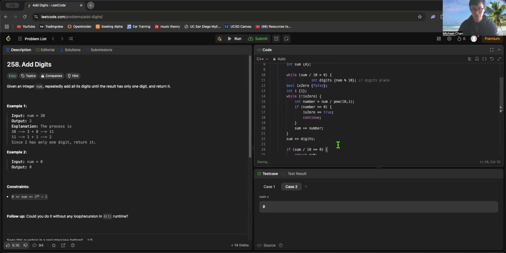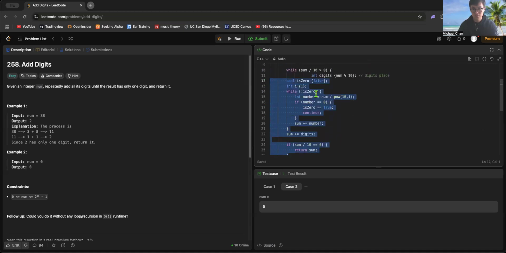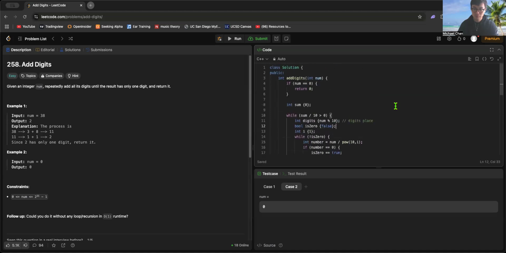I honestly don't really know if this is right. What am I doing? Okay, so if n equals 0, then you return 0. And then I have a sum here. Okay. And then while sum is bigger than 0, which is not, while sum is not equal to 0, which it is,